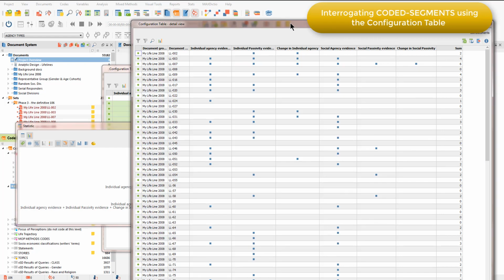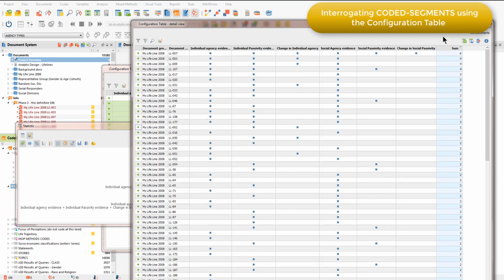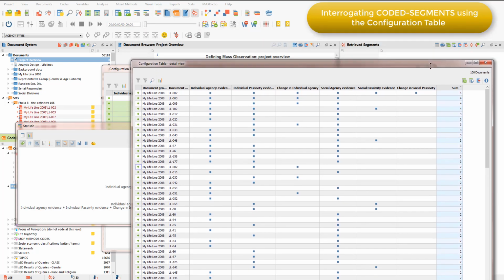And this table also allows us to access the coded segments. So here we now have one row per activated document, with the codes in the columns as before, and we can see the combination of codes per document. So I'm just going to sort this by the sum column and just show you how we can access coded